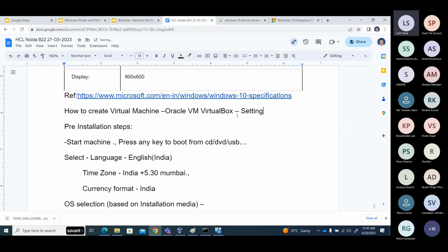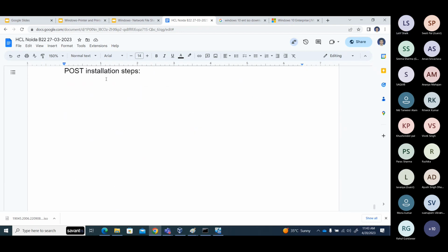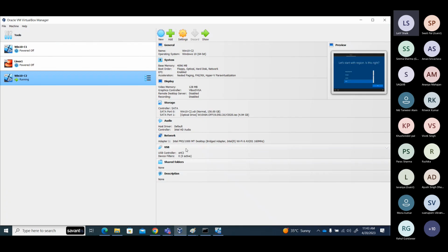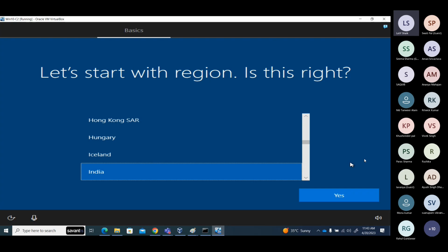That much I can't type, but this is from here. Yeah, we have to go to the post installation steps, guys. Okay, so what is it saying? Start with what is right. So we have to select a country. I think so. It is